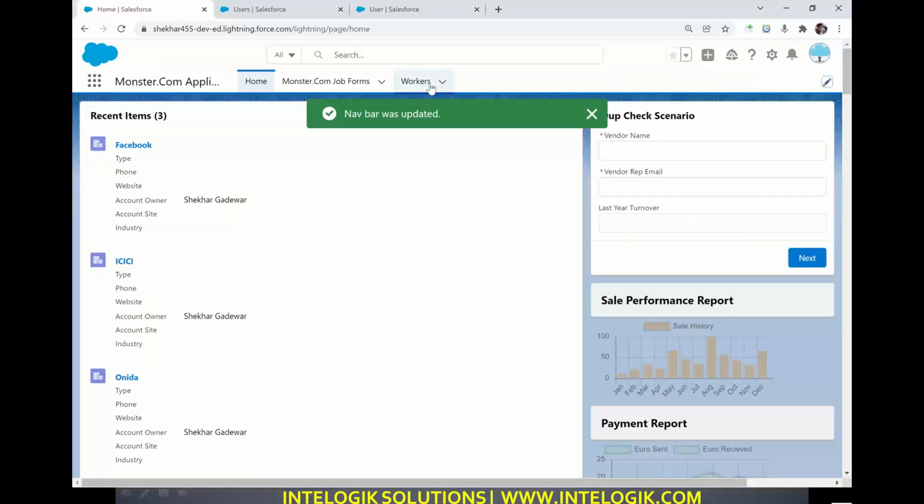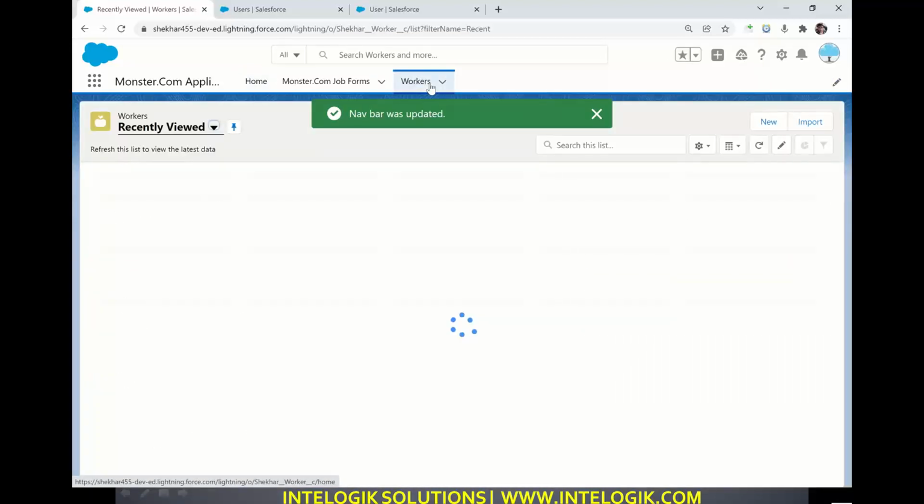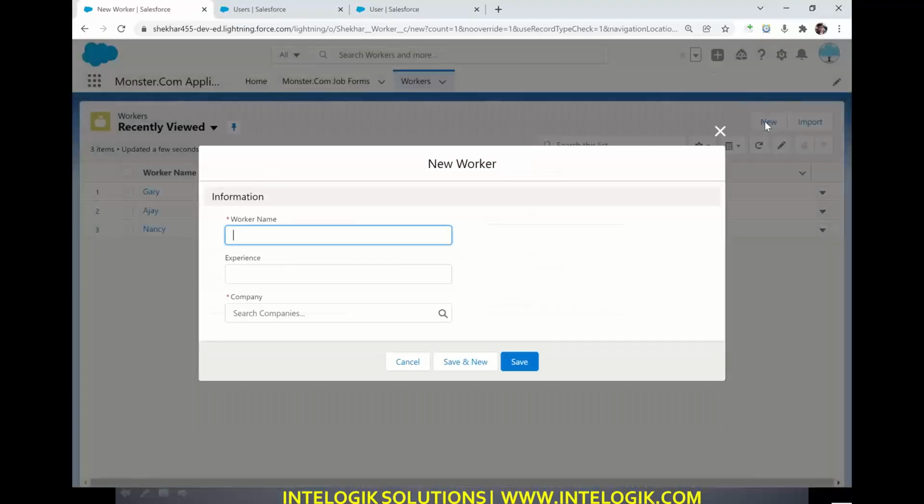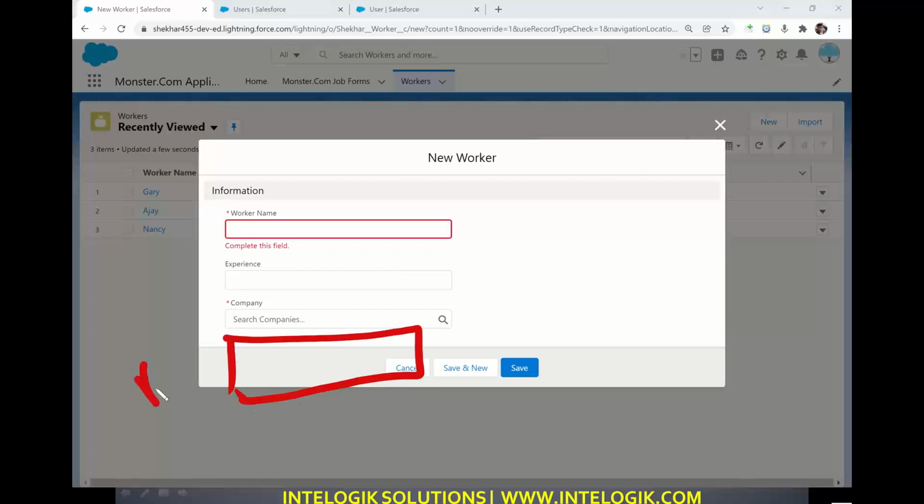Okay, so now guys, right now we have some workers in the office. Let's say Gary, Ajay, Nancy, whatever. But company management decided that whatever financial clients they have, they are only asking for those people who are reliable and trustable, because it's a matter of big risk. So what we need now is to create a field in this object, and the name of the field will be reference employee.